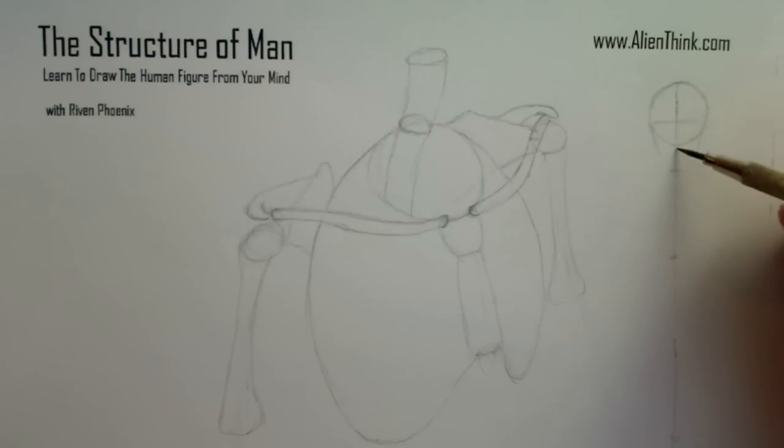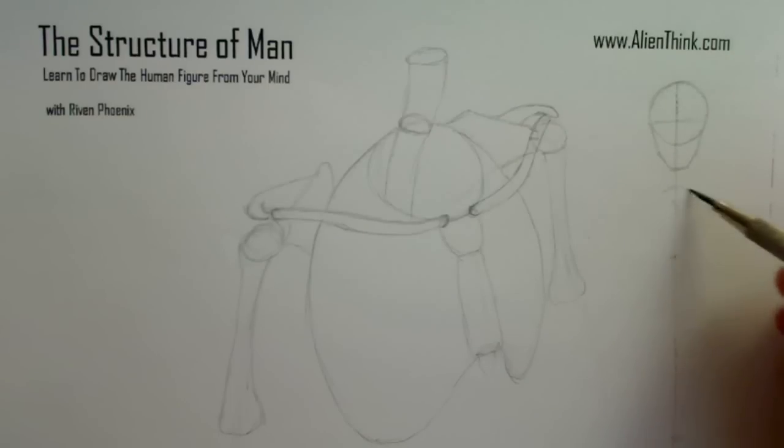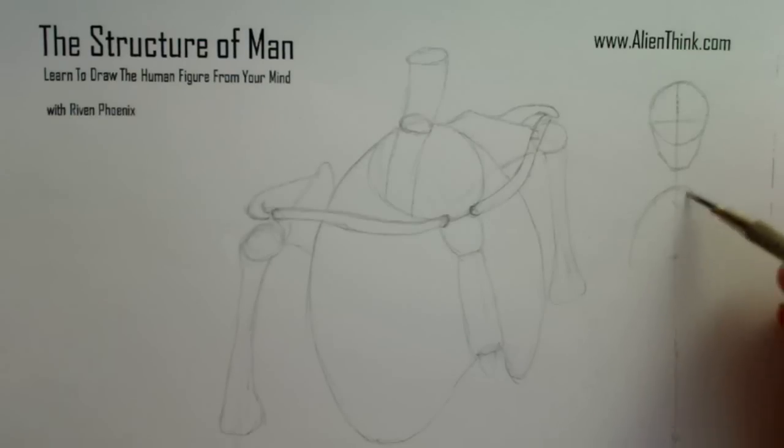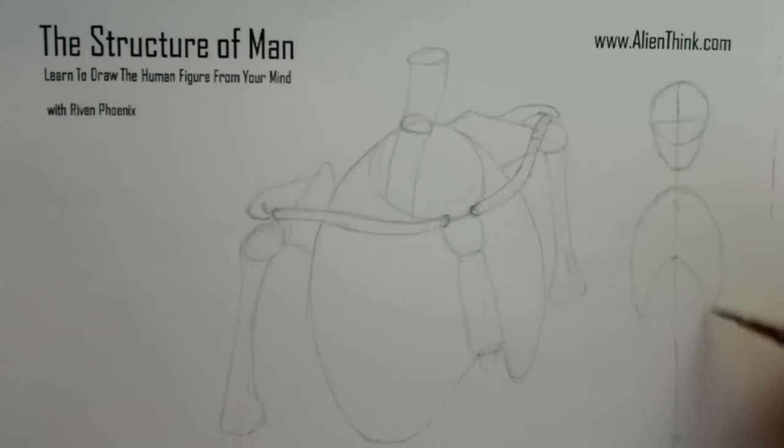Right over here, we know that this is just going to turn in pretty much like this. We're going to get the basic design, and then here we're going to get the area for the clavicle. So here we're going to get that idea for the chest cavity. It's going to be basically just like this over here. Okay, and then over here we already decided where this is going to be. Like this over here, and then it's just going to come in and be done with it. So this is your basic concept of it.